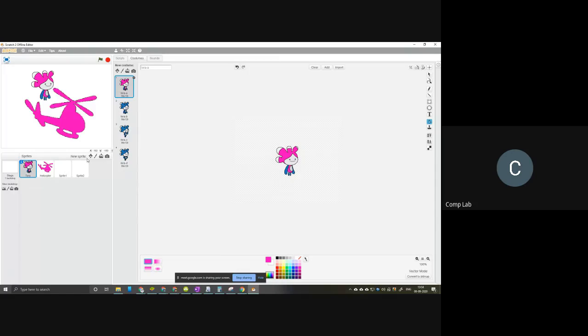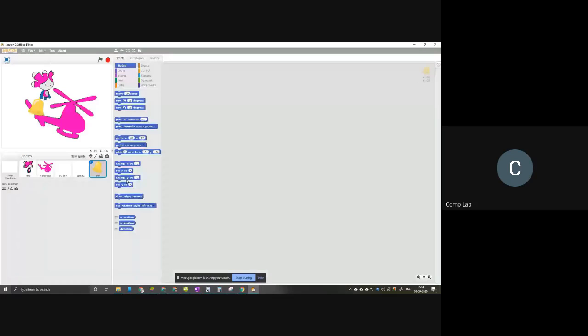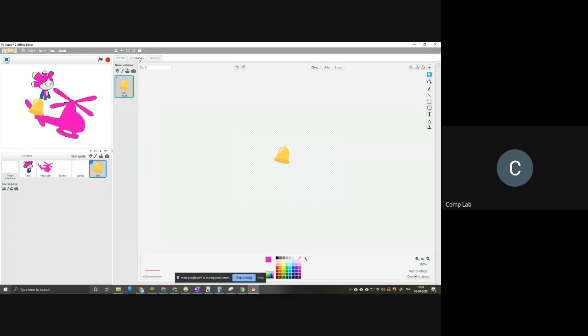So if I add a new sprite, something like this bell, I can change the appearance of the sprite either by clicking on this paintbrush or by clicking on the costumes tab. If I click on the costumes tab, I can just click on the bell and change the color right here. I have tools right here. I can change the color immediately. So this is how I can change the color of the sprite. Okay, I think that is clear to everyone. Now let's see the other button right here. This paint.